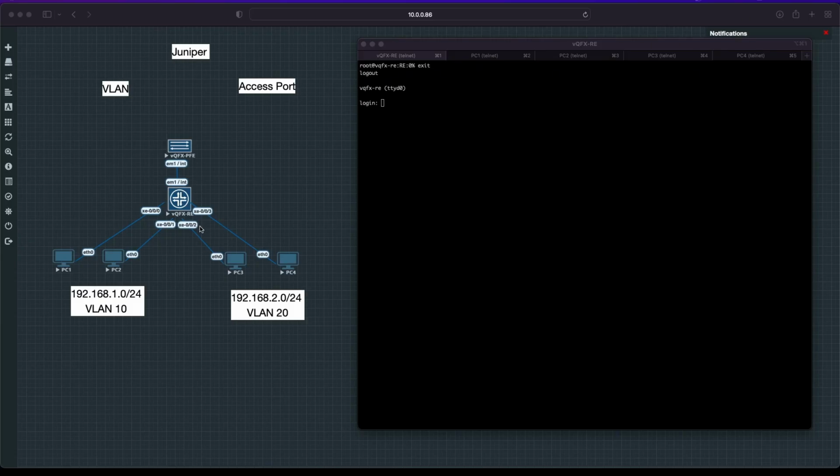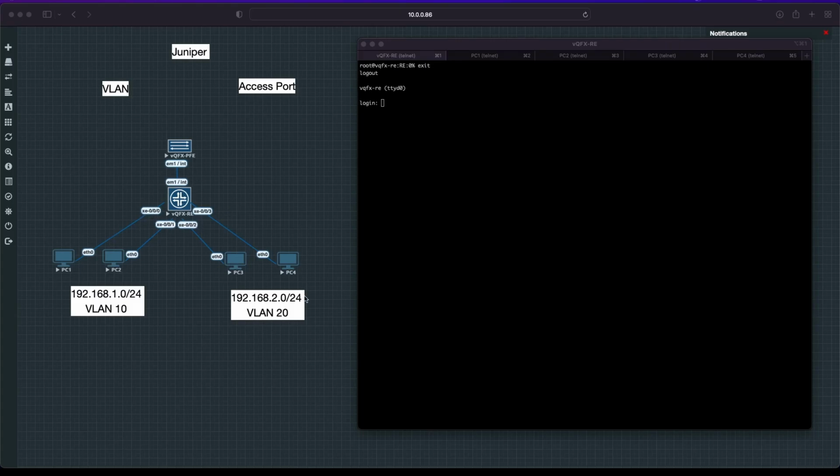So for this lab, I use a simple topology consisting of QFX devices and 4 PCs and two different networks with VLAN 10 and VLAN 20. When you add the devices, interconnect the PFE, which is packet forwarding engine, and RE, which is routing engine, with the EM1 management interface, and connect 4 PCs with the respective interfaces xe-0/0/0 to 1, 2, and 3, and